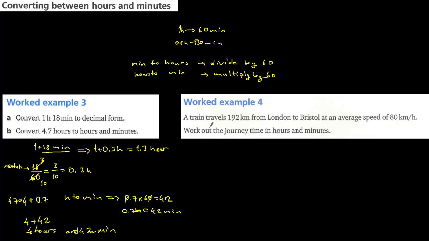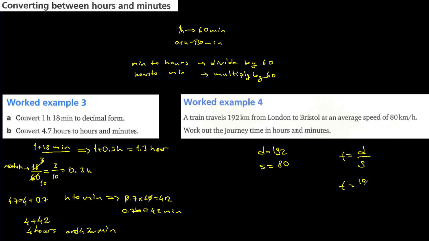A train travels 192 kilometers from London to Bristol, and the average speed is 80 kilometers per hour. Work out the journey time in hours and minutes. So if you remember, the distance is equal to 192, and the speed is going to be equal to 80. If you remember the formula, we said like this: the time is going to be equal to d divided by s, distance divided by s,